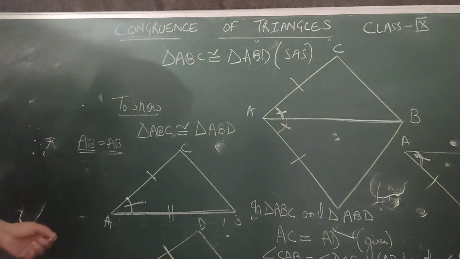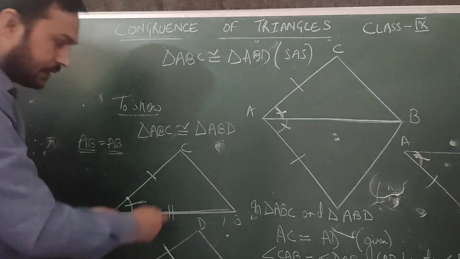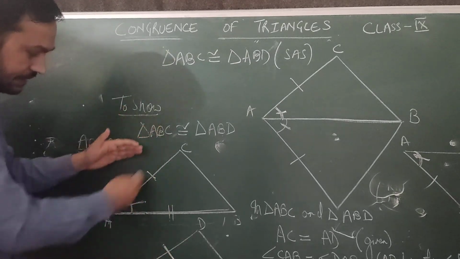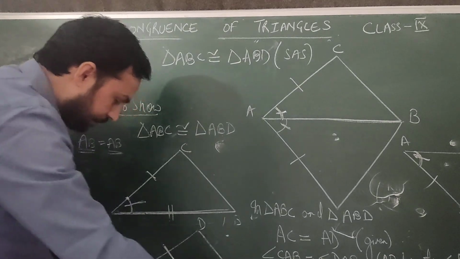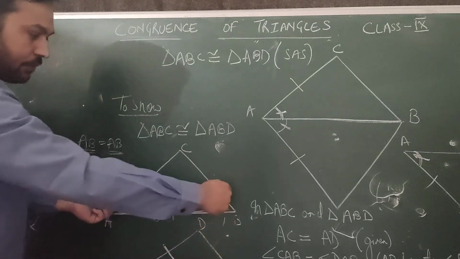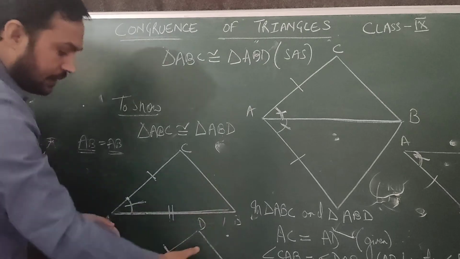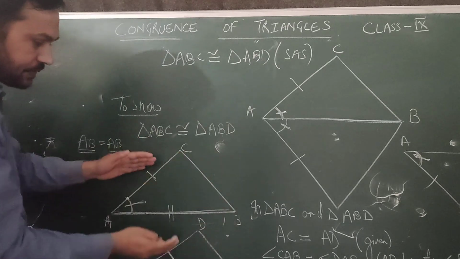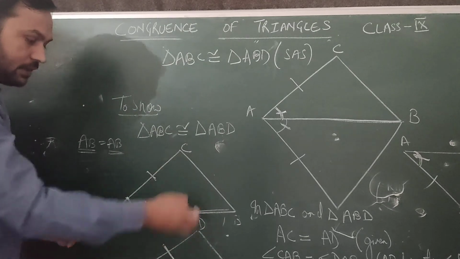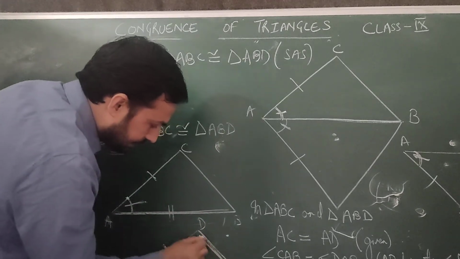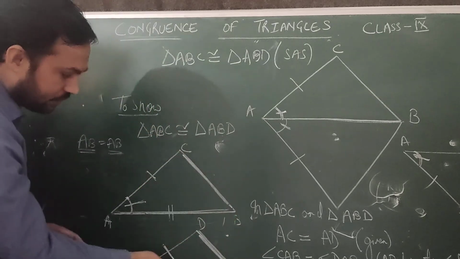Now comes the most important thing. Once the two triangles are congruent, they are exactly the same size and same shape. So let's imagine we are taking this figure out from here and putting it on top of this. When you pull this figure and put it on top of this figure, it will cover this figure. So it will superimpose this figure. When this figure superimposes this figure, we can say this line segment BD is equal to this line segment BC, because now they are congruent.